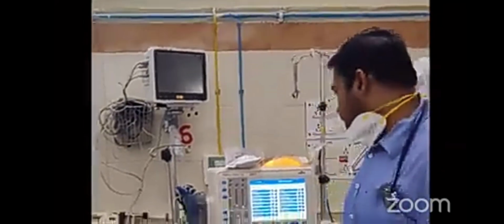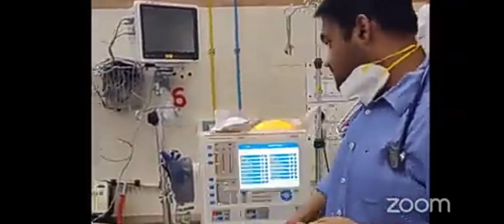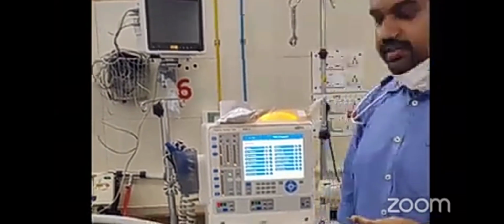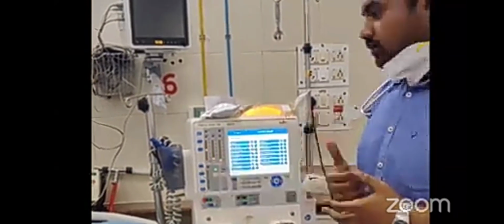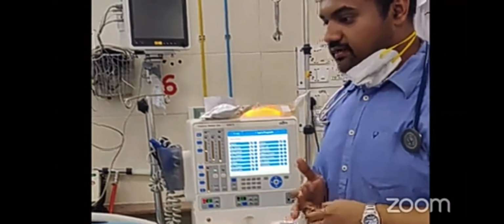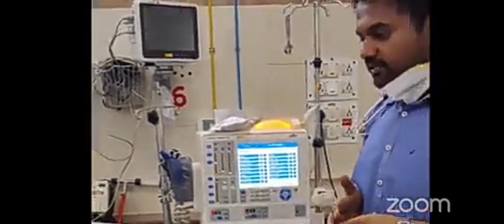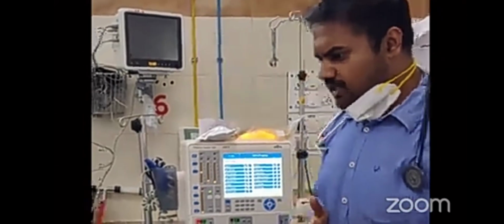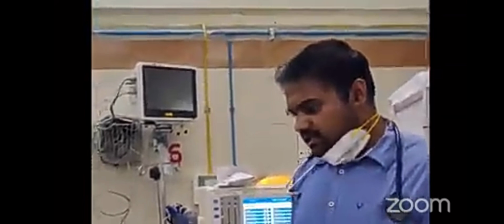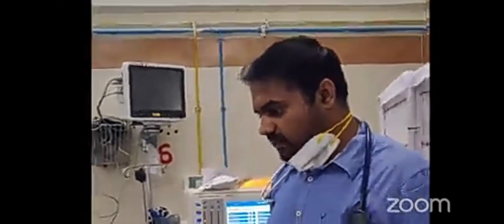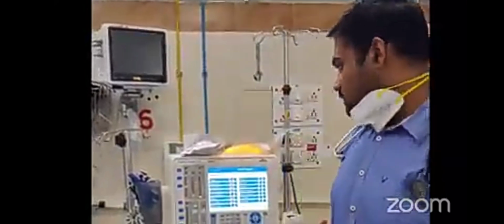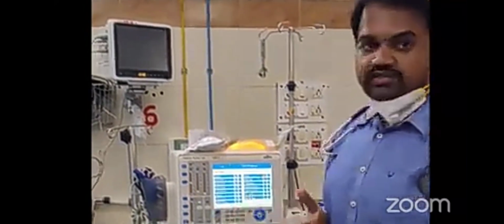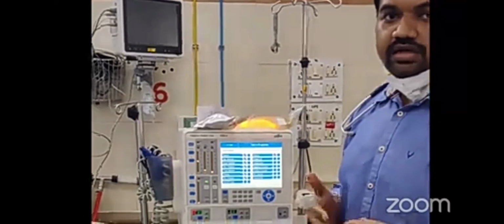Now we will come to the individual pressure systems. First is the arterial pressure. The arterial pressure detects the pressure of the blood that is coming from the patient into the dialyzer. Normally it is a negative value, so -80 to -200 is the normal range. Apart from that, there are certain conditions in which arterial pressure might change, for example an improperly positioned needle or hyperventilation. So if the arterial pressure alarms, then we might have to adjust the needling or look for any condition that is predisposing to it.